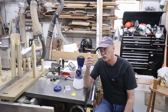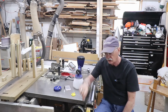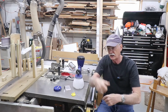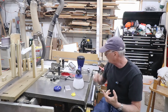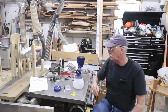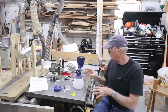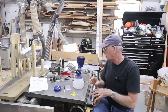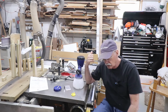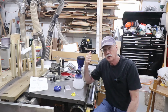A viscosity cup is a measured cup with a specific size hole in the bottom of it. You pick up your paint product and time it as it comes out till that cup empties. That gives you a viscosity number that you can figure out through the manual, and it tells you what orifices and needles you should use to spray that product. The chart that comes in the manual really tells you exactly what you need to do to spray